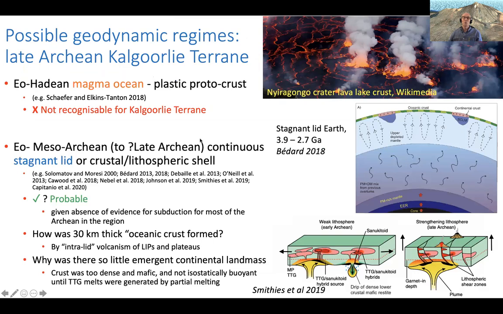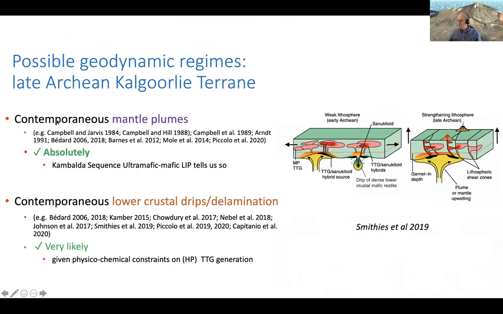To address this, we will consider the various geodynamic or tectonic models that have been proposed for the Archean throughout its history, beginning with the early Hadean, when the Earth was considered to be a molten mass. There was a magma ocean which progressively cooled to form a plastic protocrust. We find no evidence of that older history preserved in the Kalgoorlie Terrane, so we'll put a big red cross through that